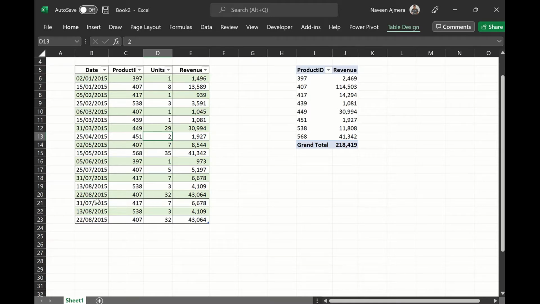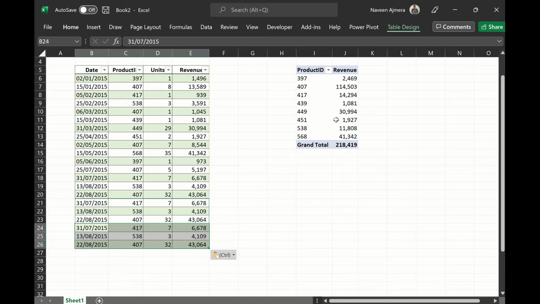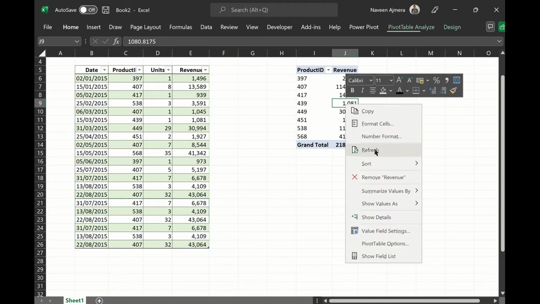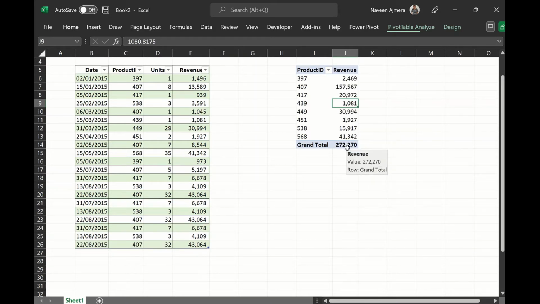Now what happens here is if I add more data in this table and refresh my pivot table, you will see that the refresh happens automatically, or the data gets added to the pivot table. So this is the solution to the problem which was narrated in the question posed by the user. Apart from this, what are the other advantages of using a table rather than simply having data in a cell range?